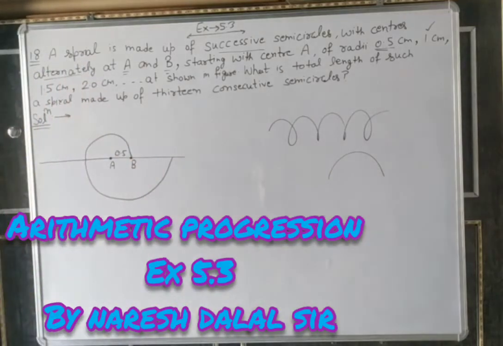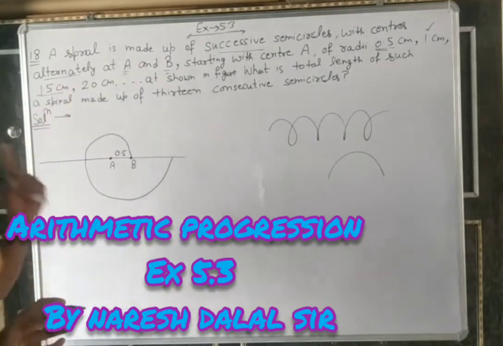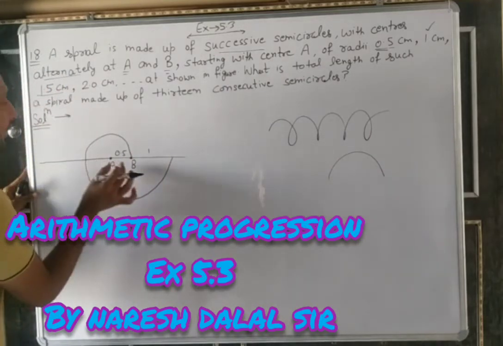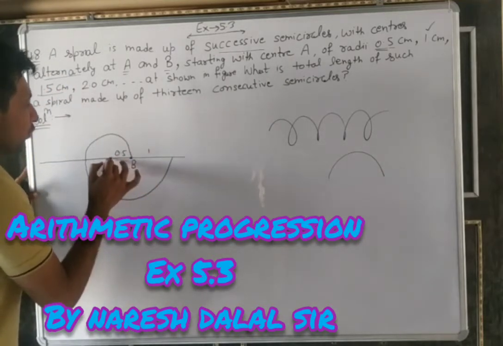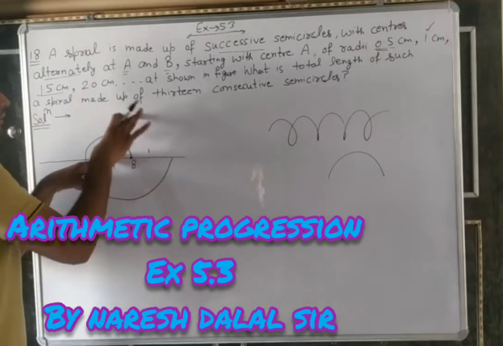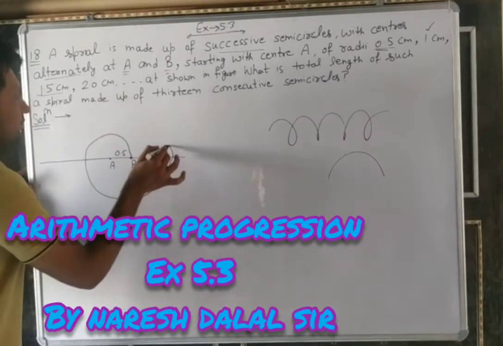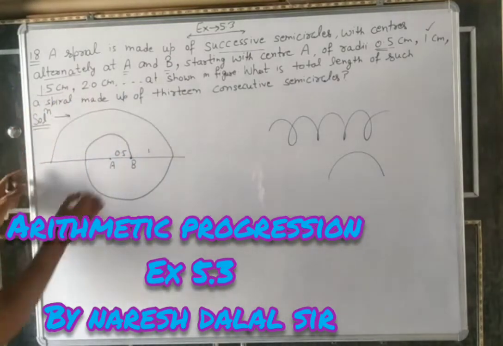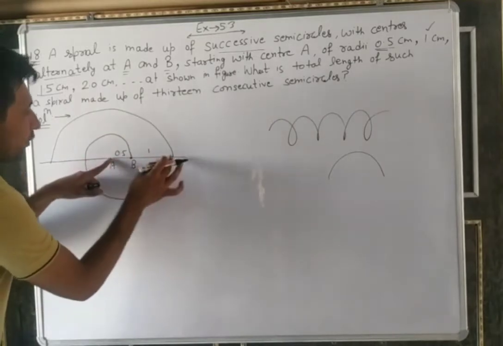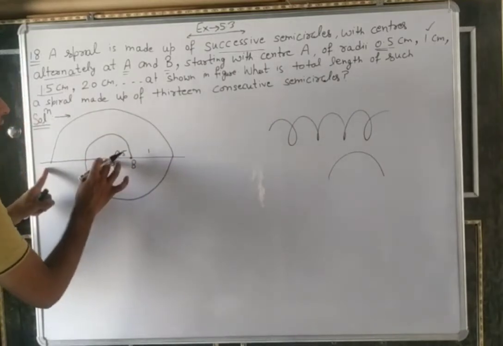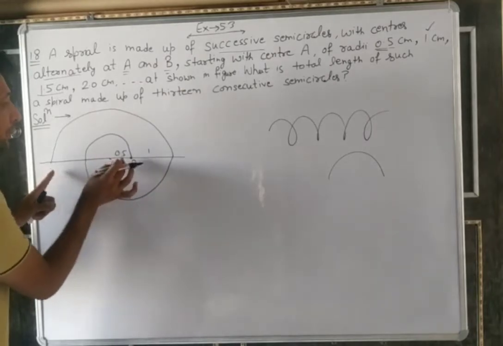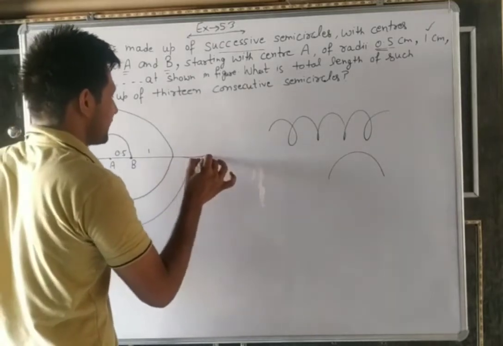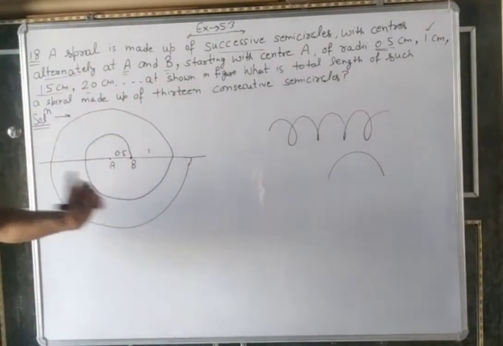Understand here? Now radius 1.5 with center A. We know from here to here is 1 centimeter. 1.5, 0.5 to 1, 1.5. So from this center to here we will draw like this one, and you can draw. Again now 2 centimeter. From here to here is 1.5, and this is 0.5. 1.5 plus 0.5 is 2. Now B is the center. Understand? And it is shown in the figure like this one.